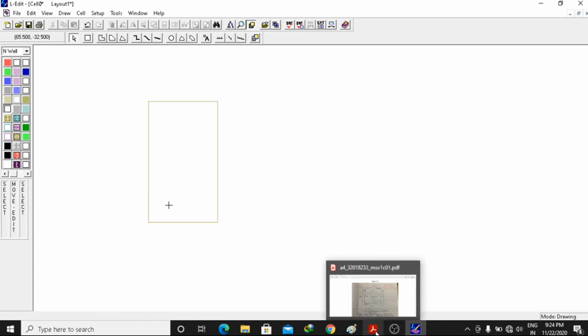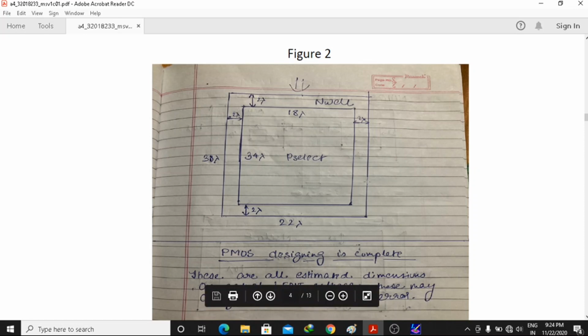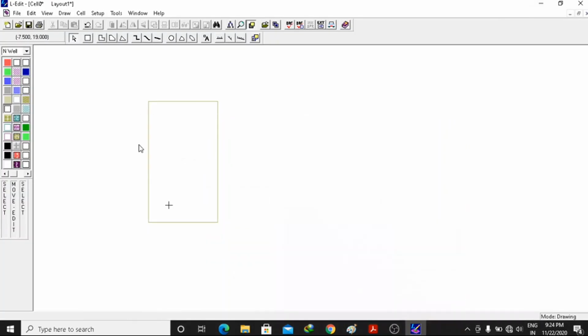After drawing this anvil, our next goal is to draw P select, right? So how will you draw P select, guys? The P select height is 34 lambda and width is 18 lambda. So now I'll take the mouse over here, P select. For zooming in, in the numpad area, you have plus and minus buttons.